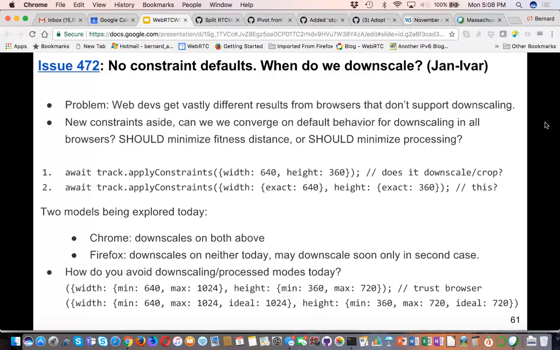Correct, but that's in the case where you don't. Sure. I'm asking about the way you express your constraints, because we have a constraints language now of which full power we're no longer using. So we have a lot of expressibility here. Like if I show right here, you can say minimum, I don't want to go below. I want an error, or I want an ideal value. We don't really need max anymore because we're.